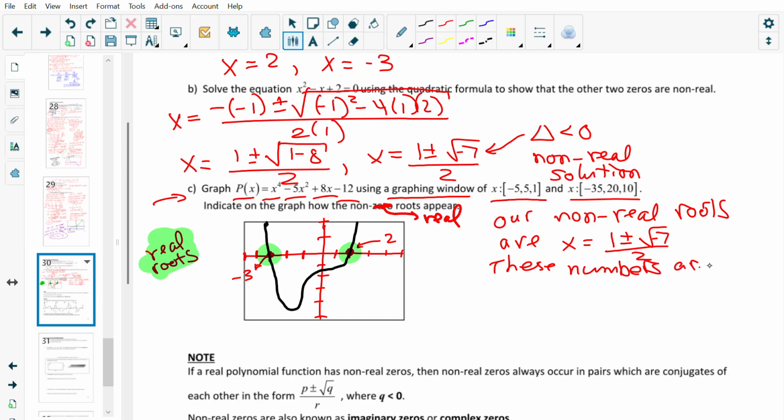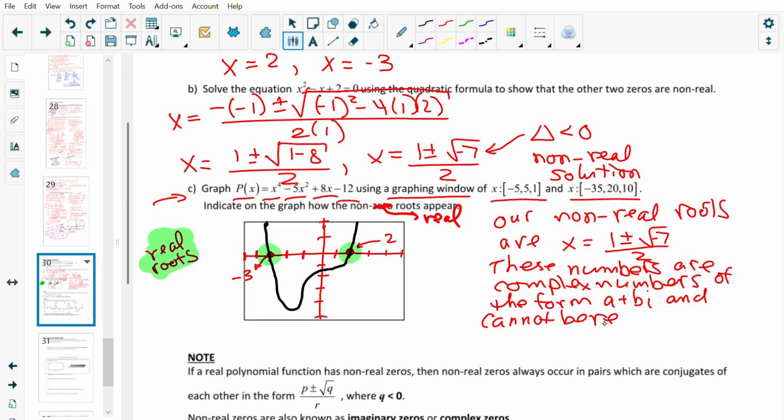These numbers are considered complex numbers of the form, again, this is just for your information, but this is beyond the scope, of the form a plus bi, and cannot be represented